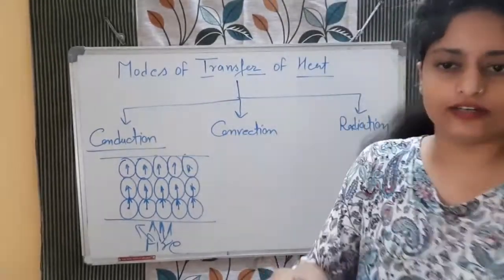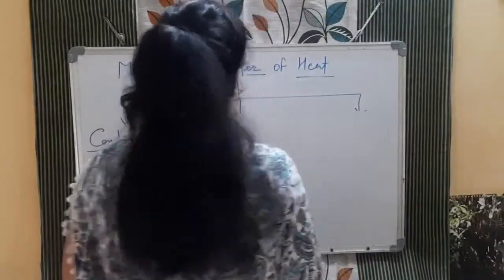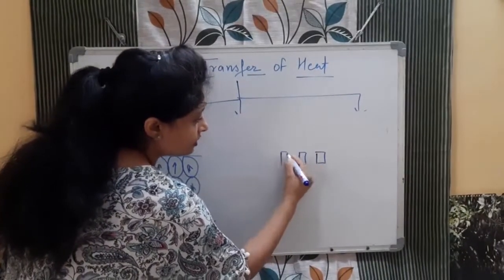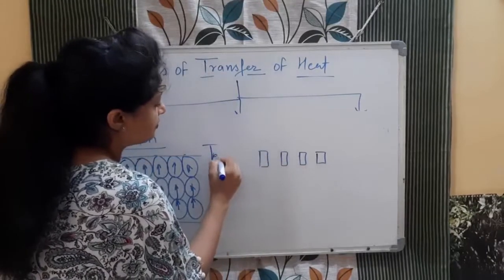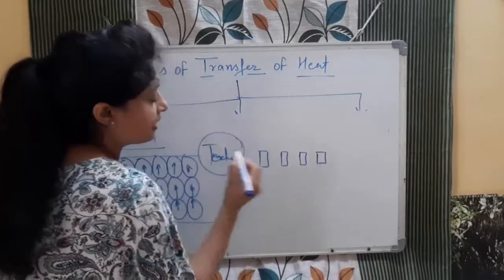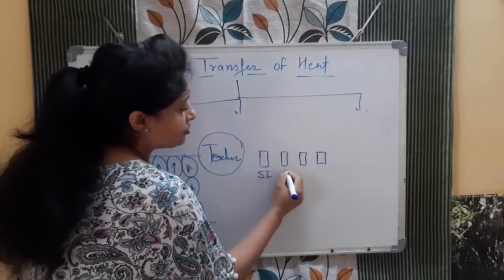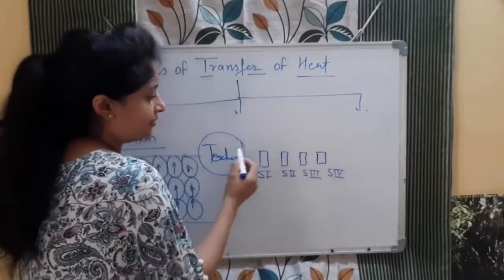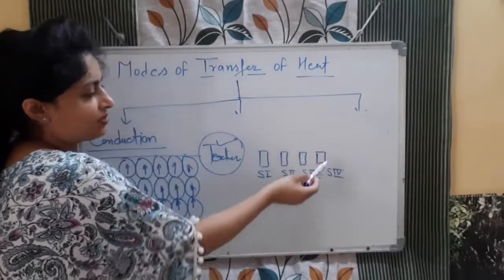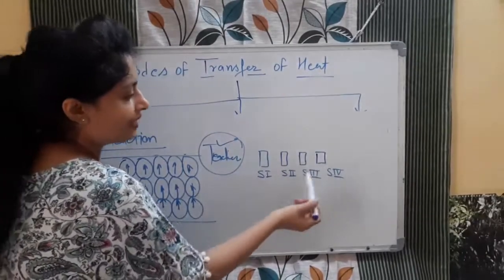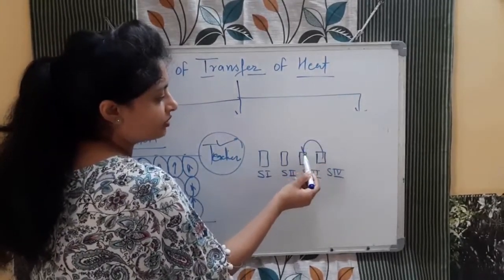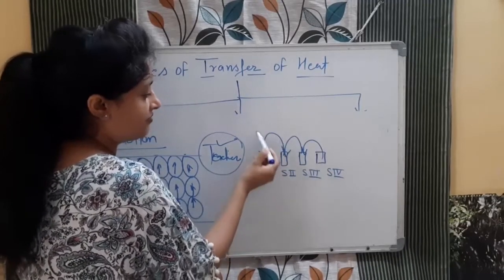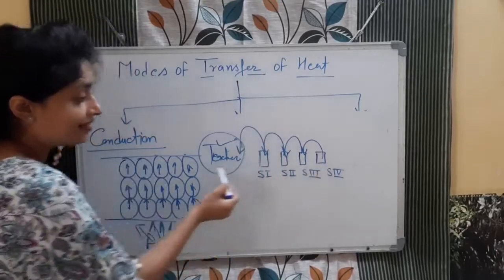It is like this. See, I will tell you with the help of the diagram. These I will tell you later on. So what will happen, bacha? If here 1, 2, 3, 4, and here I can say the teacher. This is the first student, this is the second student, this is the third one, and this is the fourth one. Now I ask the 4th student, bacha, please give me your textbook or your notebook. So this student will transfer the notebook to this one, this one will transfer it to this one, this one will transfer it to this one, and finally this one transfers the notebook to me. So this method is known as conduction.